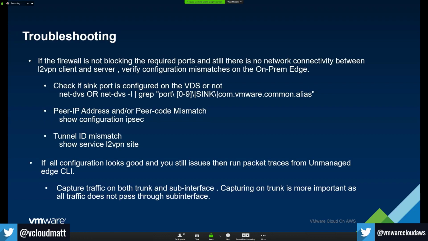If you log into the standalone edge and run the command show configuration IPsec, you can verify from the output if the peer IP or the peer code mismatch. If it does, you can get the latest peer code from the download config tab in the L2 VPN section of the VMC console. In case the VPN status is up, but there are data path connectivity issues, verify if